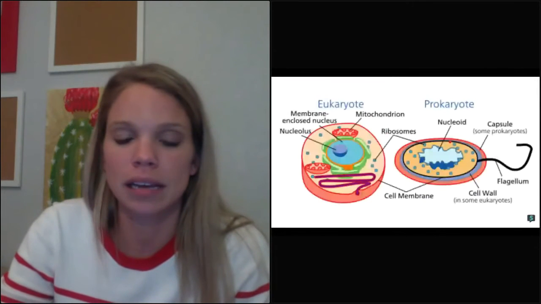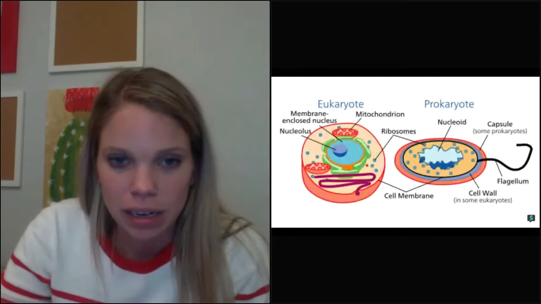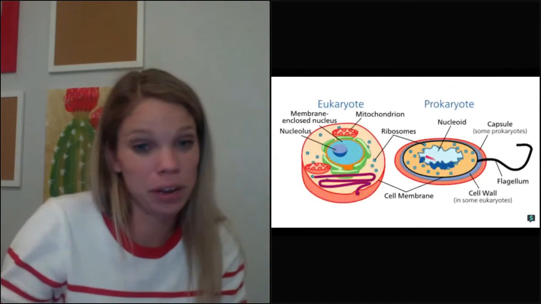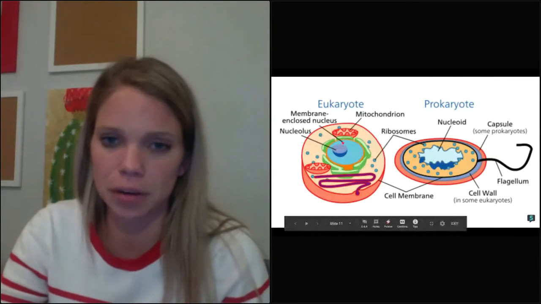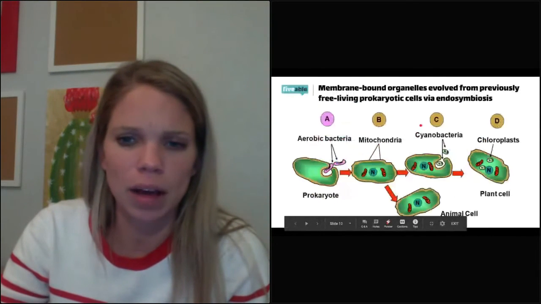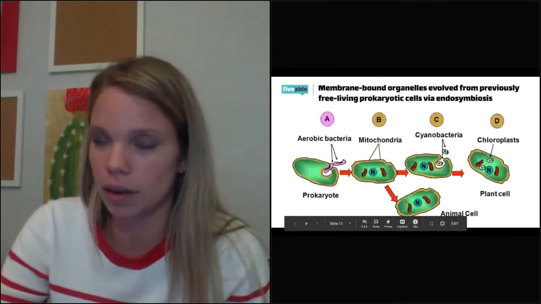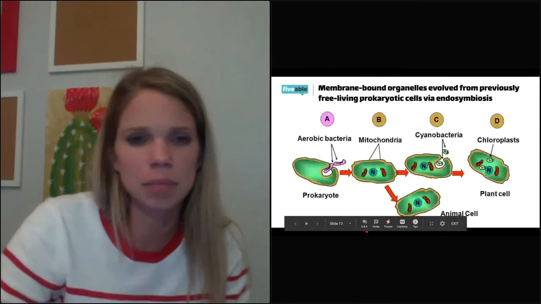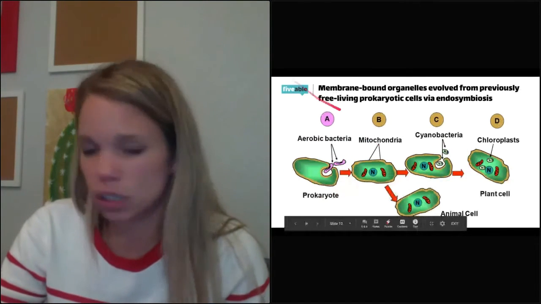So basically, like I said, you had this prokaryote, it got eaten up by the eukaryote, or eaten up by a bigger prokaryote, I guess you could say. And that's what made it a eukaryote. And so once that happened, we then had pro and eukaryotic cells. There wasn't just one type of cell anymore. And they did change as they went on.